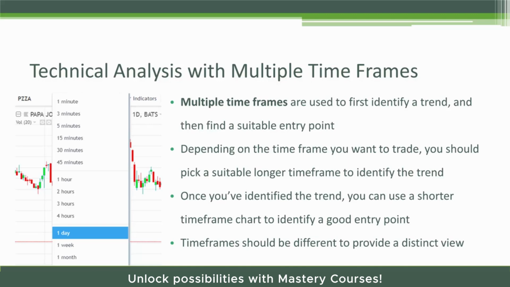So usually you'll use 3 and at the most 4 time frames in your trading. The time frames need to be sufficiently different so that you're getting a different view each time. If you're using a 15-minute chart and that's what you're trading off of, then you're basically not going to use a 10-minute chart as your next level down. So your time frames need to be far enough apart to give a distinctly different view